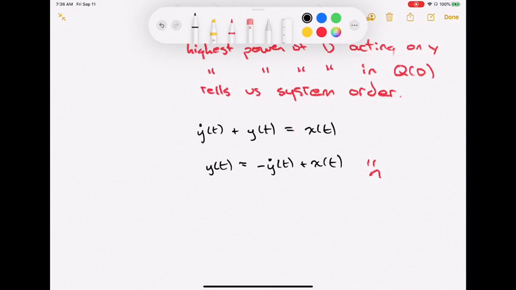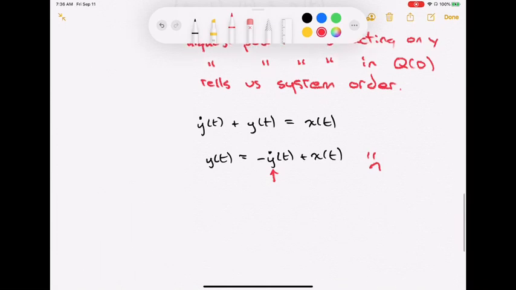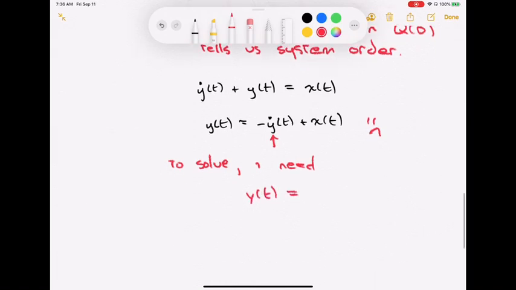There is that y on the right-hand side. And if I don't know that y on the left, I'm certainly not going to be able to get it by putting it in terms of itself, something that I don't know. So I can't just do this by kind of doing a superficial solution by putting y equals something that's a function of y. I need y all by itself on the left-hand side, okay? So to solve, I need y of t equals something